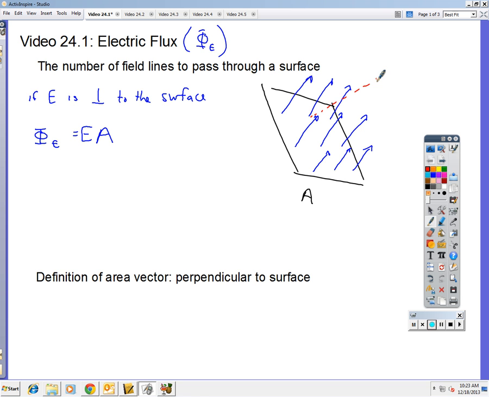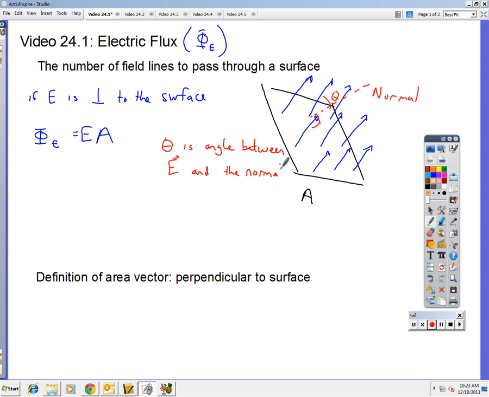What we'll do is define the normal line that is perpendicular to the surface, and define an angle theta the electric field makes with the normal line. So theta is the angle between the electric field